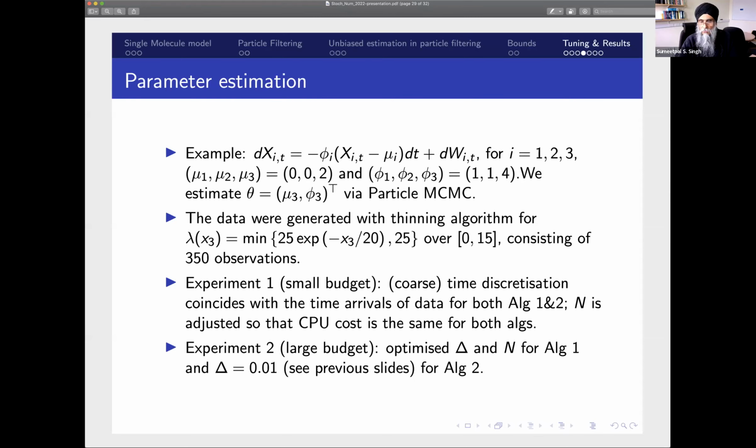As our first speaker, we're honored to have Professor Sumeetpal Singh from University of Cambridge, where he's the head of the signal processing and communications group. He will talk to us today about bias-free particle filtering